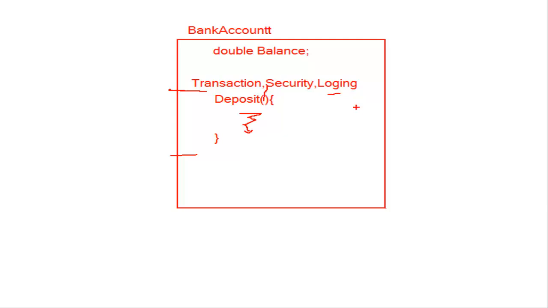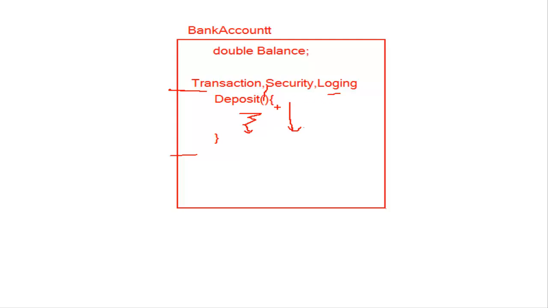Now you notice over here, this is your main method. You wanted to do the deposit, but there are many other cross-cutting things that come into the picture. So what are these cross-cutting concerns? One is the transaction, one is the security, and one is logging, and you can go on and on. There is no end to this. All of them are required. How do you then handle this particular problem?